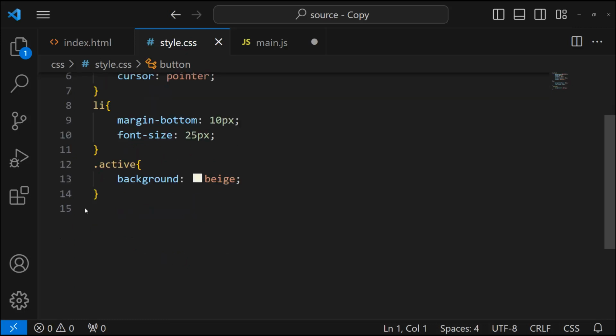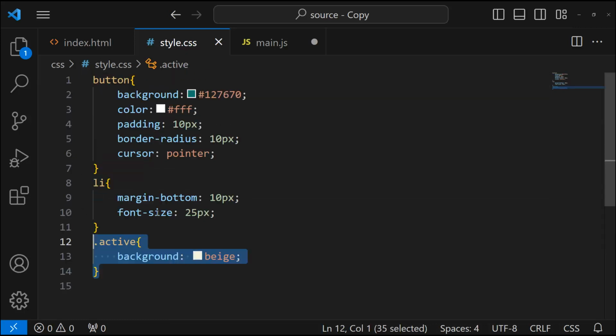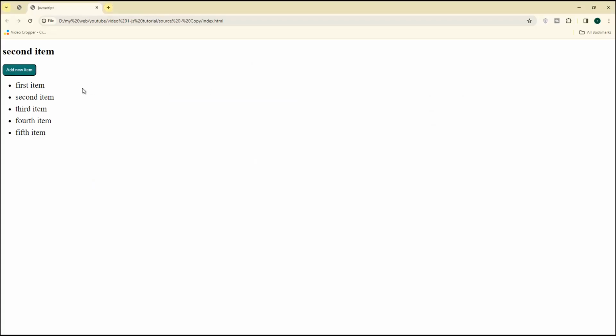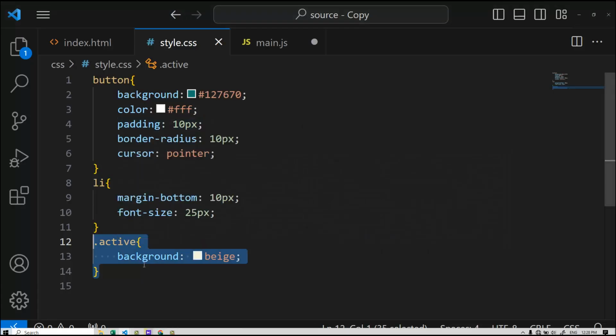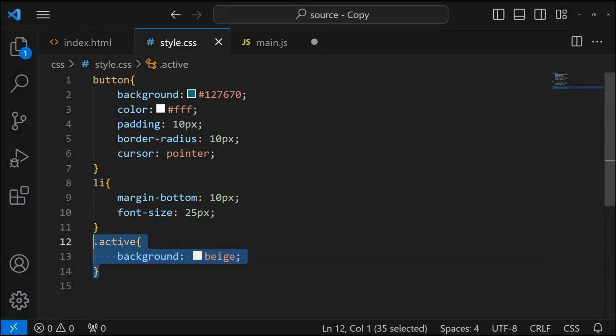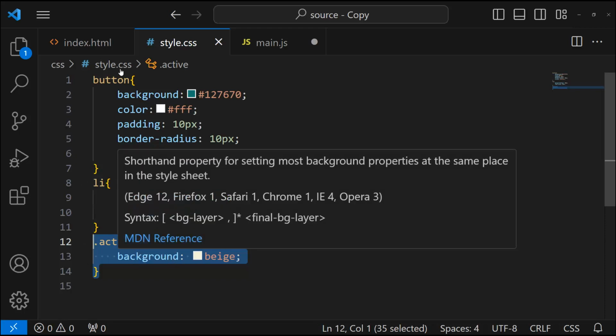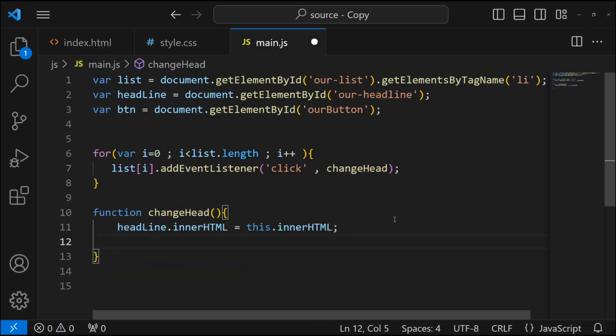So I have typed an active class whose background is kind of beige. I want to create a class that, when we choose it, this background is added to this. So for this, I have just defined this class, and after that what we do is